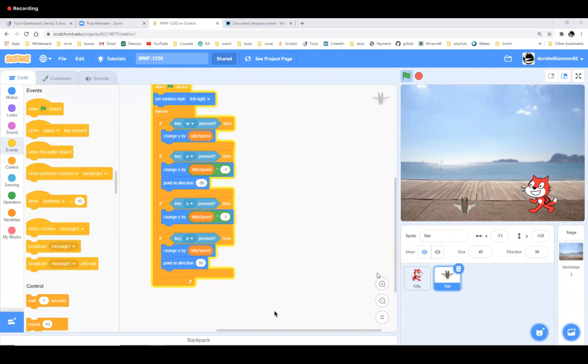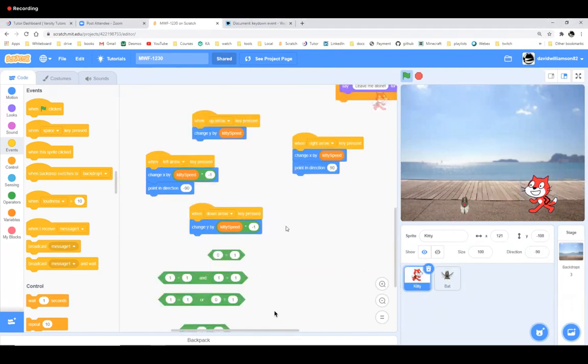The bat goes 8 directions. The kitty only goes 4 directions, okay? Because these are tied to event listeners. So if I'm holding down the right arrow and then suddenly I hit the up arrow, then now I've got this situation where it's going to forget about the right arrow event or something like that. I think that's what's going on.